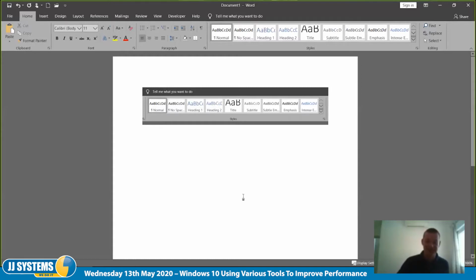The next thing I'm going to show you is quite a new feature. It was introduced into Windows, I can't remember if it was 3 or 3.1. I think it was Windows 3, so it's about 30 years old. But it amazes me how many people don't realise it's there. And it's Alt-Tab. And just in case anyone doesn't know about Alt-Tab, down here we've got